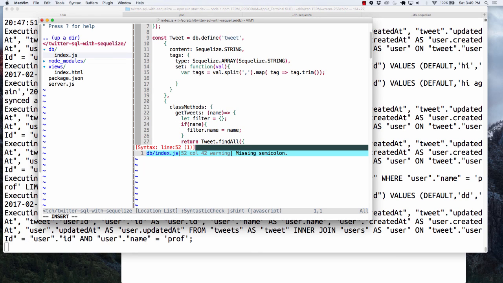I can't go in here and say this dot tags equals tags, because I'll be in an infinite loop. What I have the ability to do is say this set data value, and it sets the underlying data value of tags to this array of tags. And this should allow me to do, assuming that it ends up working,